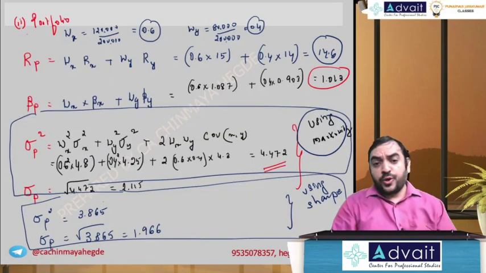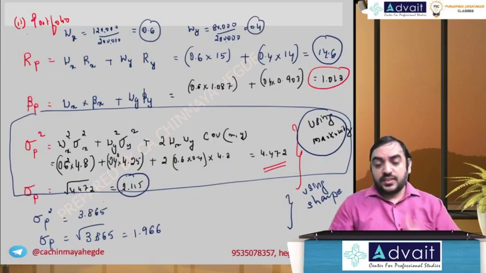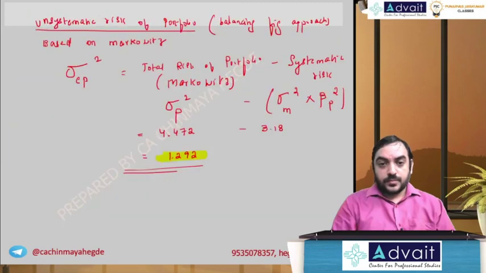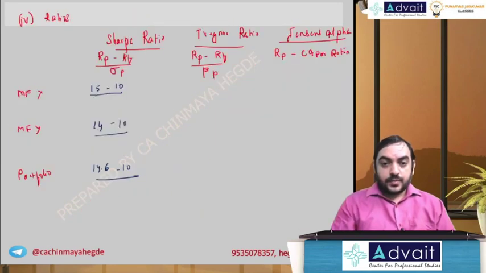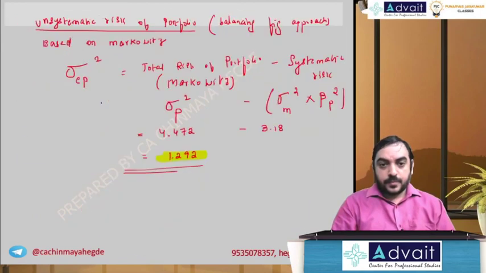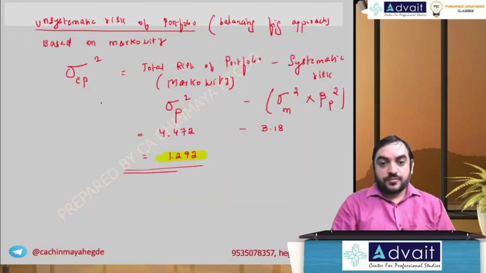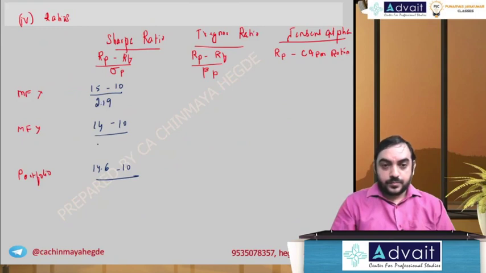And for the portfolio, I'll go with the number we calculated with Markowitz. As I told, if you want, you can use the Sharpe ratio for that also. I'll go with the Markowitz 2.115. So I'll divide by 2.19, 2.06, 2.115. Okay, so this will give us the Sharpe ratio.